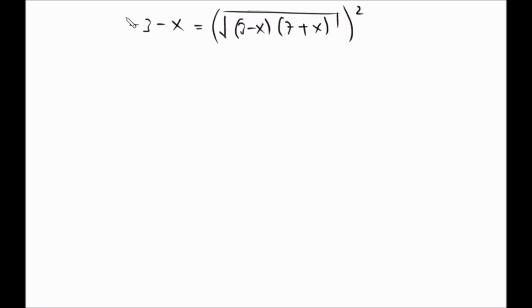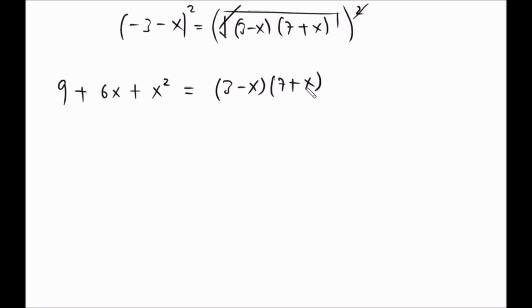Lakini nikisquare upande huu, lazima ni square na upande huu. Kwa hiyo square root na square root, kwa heri. So ukisquare upande huu nitabaki na 9 plus 6x plus x squared. Alafu huku sasa square root imeondoka, kwa hiyo ni 3 minus x times 7 plus x. Kwa hiyo itakuwa ni 9 plus 6x plus x squared